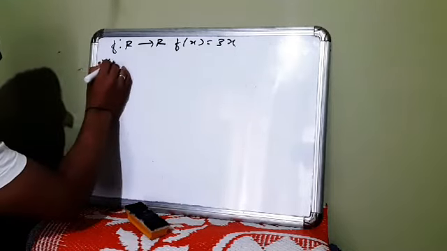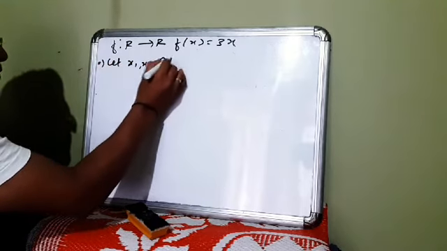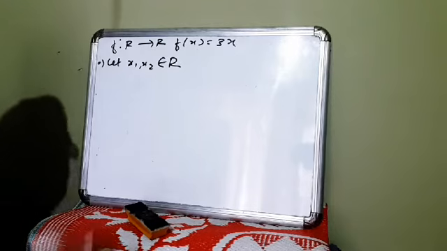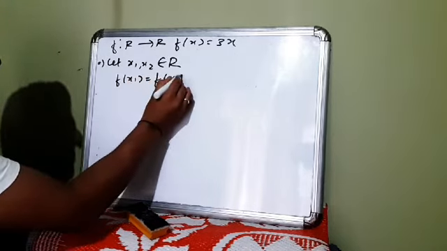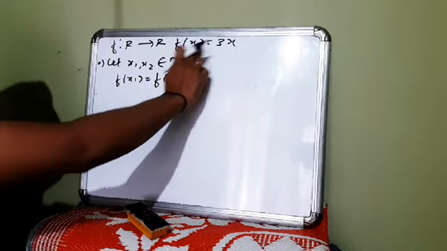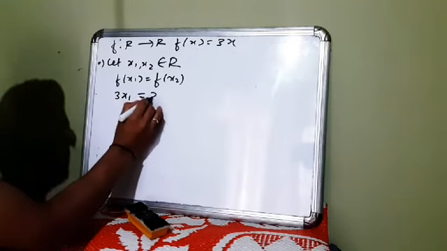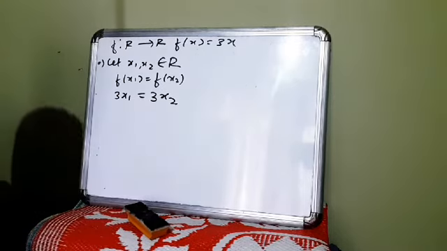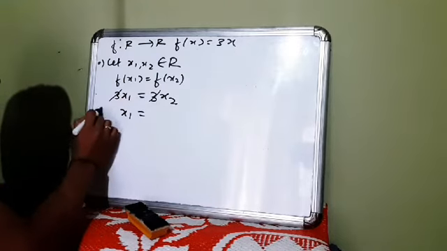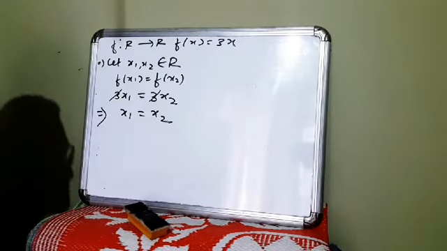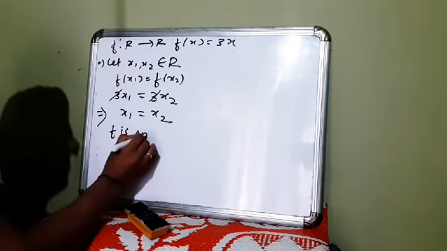let us take now. To check the 1-1 function, we have to choose two elements from the domain R. Then f of x1 is equals to f of x2. But what is f of x? 3x. What is f of x1 then? 3x1, which is equals to f of x2, 3x2. Then by left cancellation law, 3 gets cancelled, so it implies x1 is equals to x2. Therefore f is 1-1.